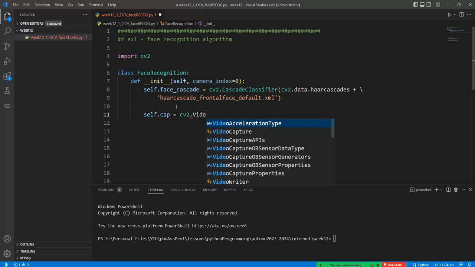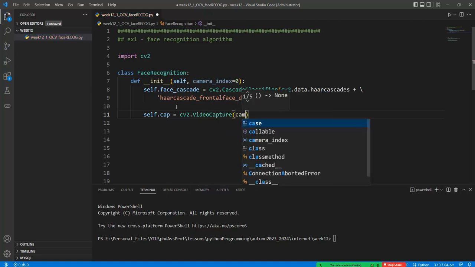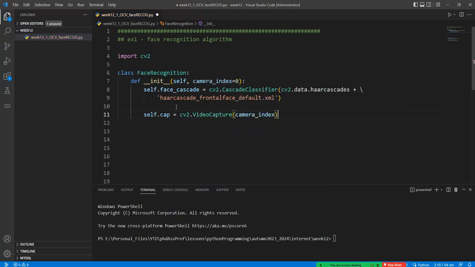CV2 video capture, and so we should also give the camera index. This index represents the utilization of our webcam camera. Okay, and also we can build the